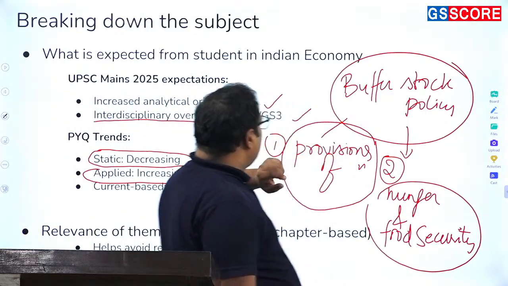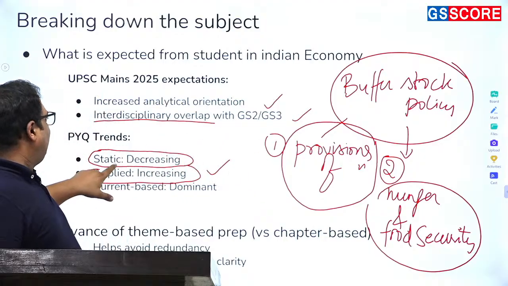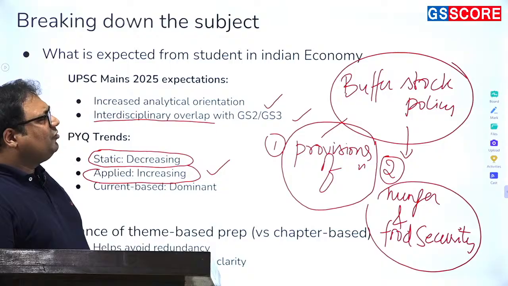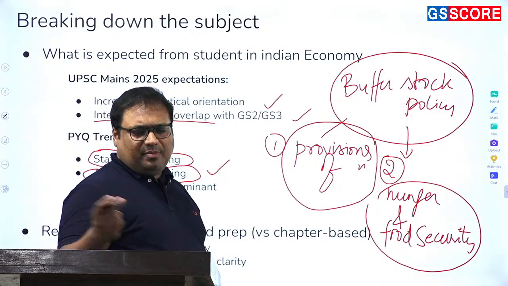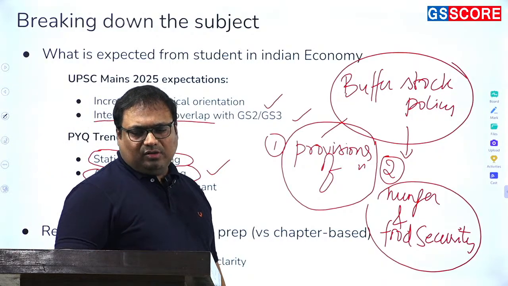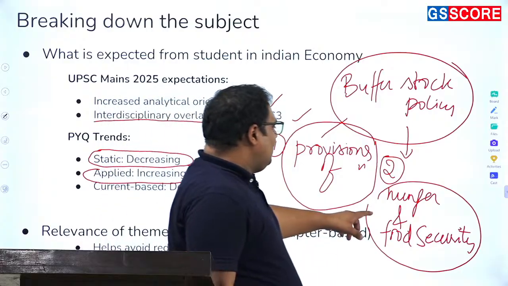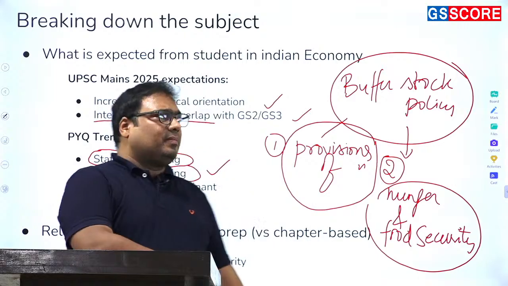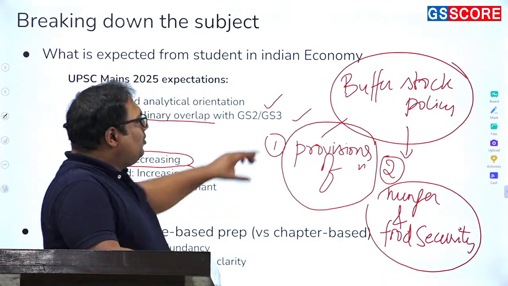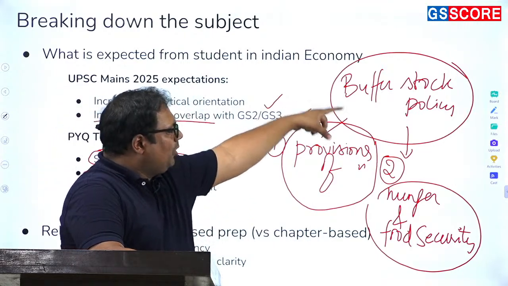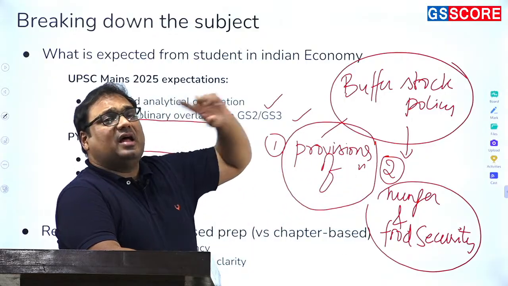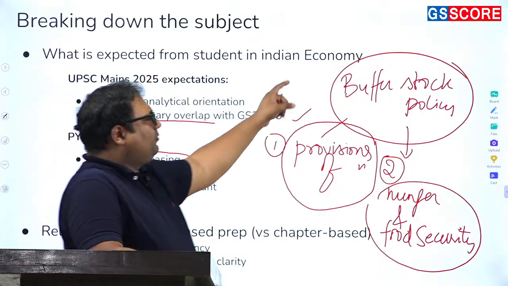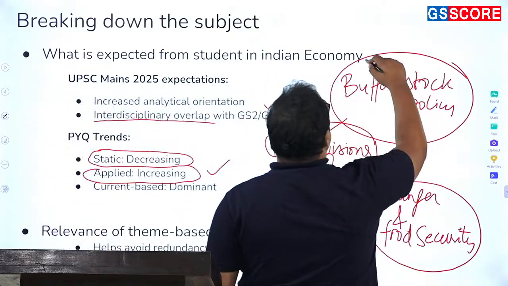So meanwhile, as I was talking about, the first point is that there can be a static question. Provisions of any policy or which committee it is based upon or such thing. Then the hunger and the food security aspect is also there. Okay. So in that context, you have to talk about the impact of new policy on this. So that makes it much more applied. Okay. You directly do not have to talk about facts. Third,